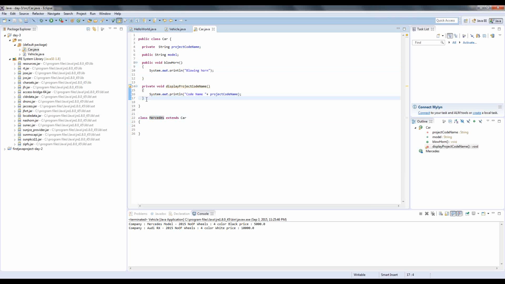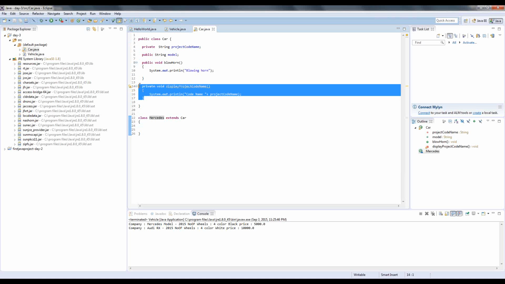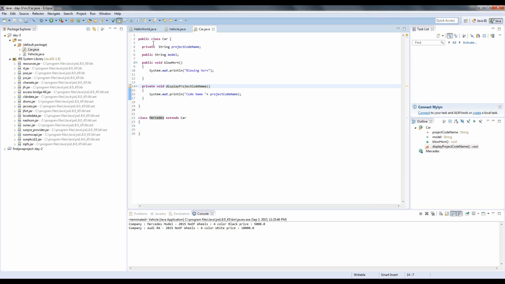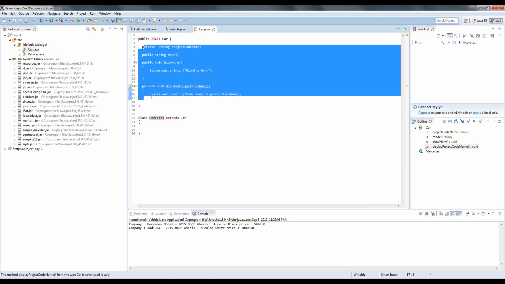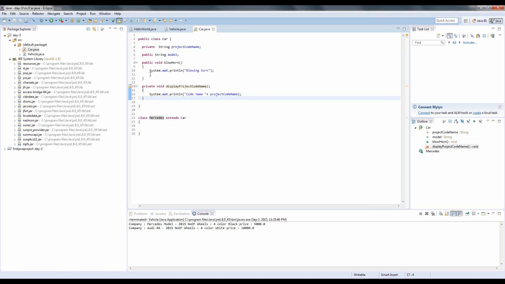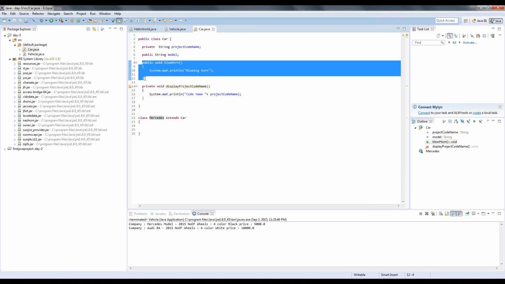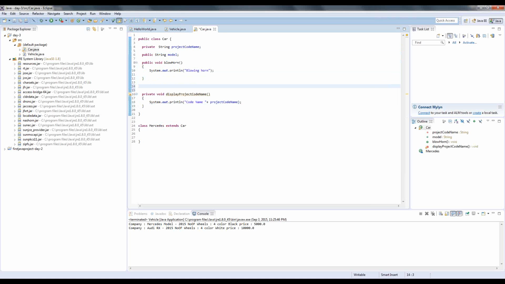But being an organization CEO, I don't want to let the Mercedes guys see my project name. I want to restrict it to my class car only. I don't want anybody to see it, but they can use my functionality like blow horn and public void